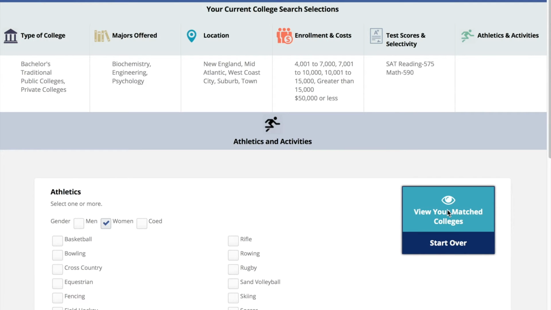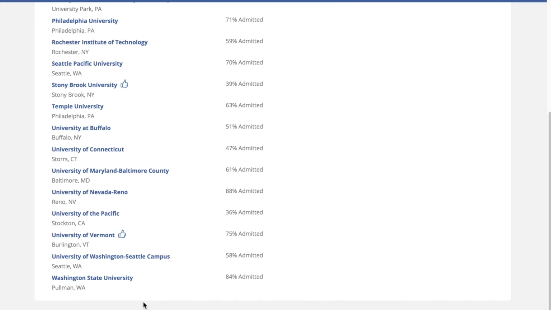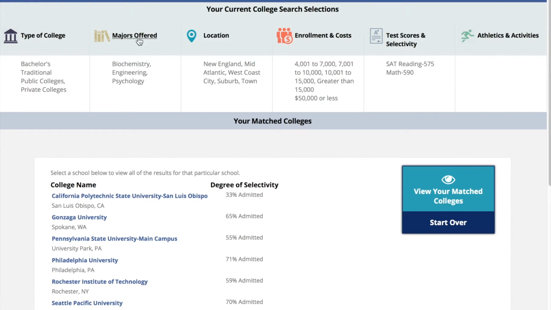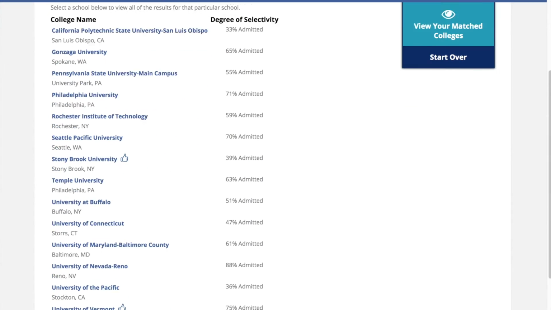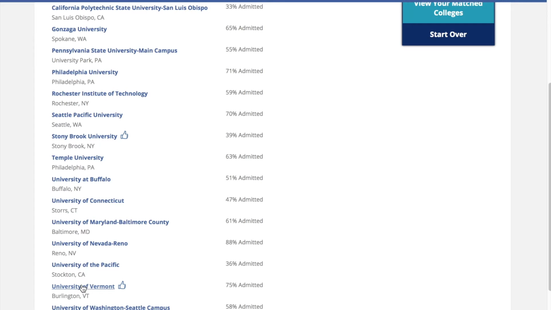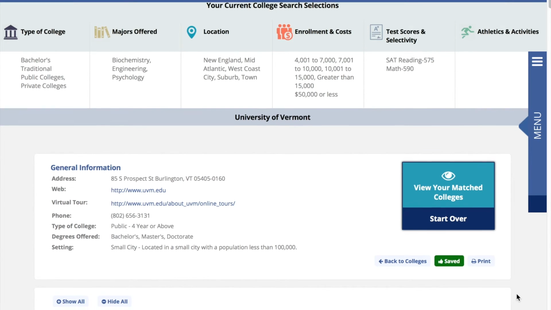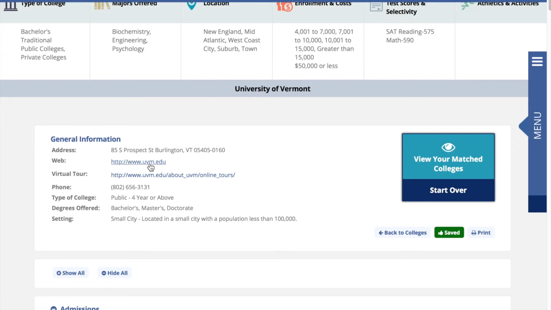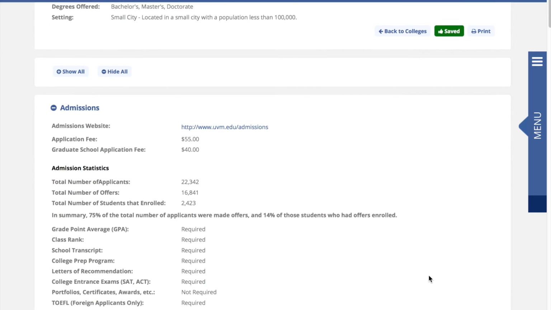So now let's click on my viewed colleges. All of the colleges in this list match the criteria that I've plugged in. When I want to look at any one of these colleges, I'll just click on anything I find interesting and then learn all about the college. From the general information, I can even go right to their website or their admissions page. I can see their admission requirements and